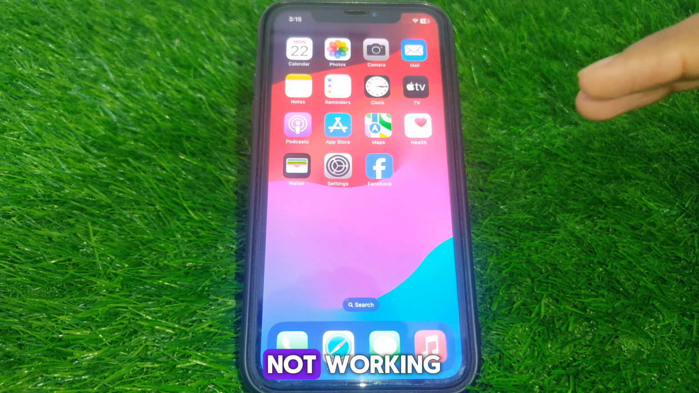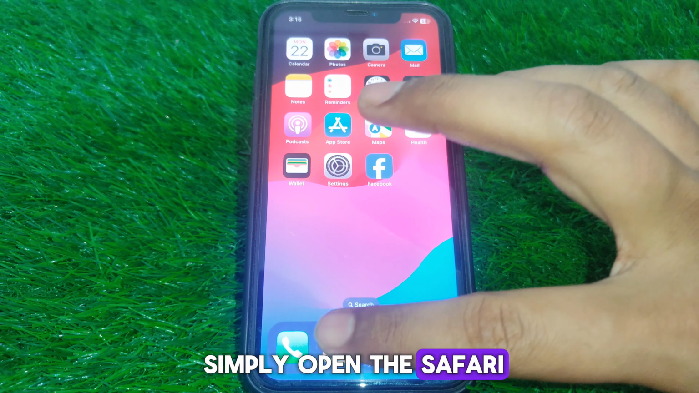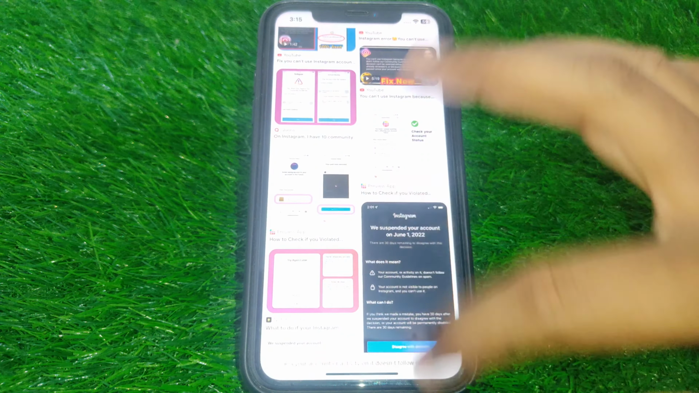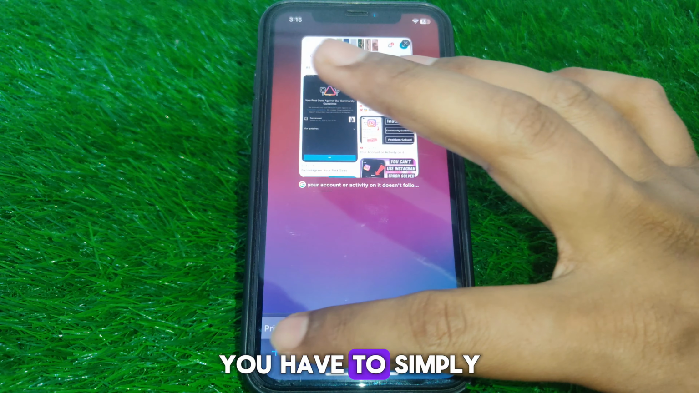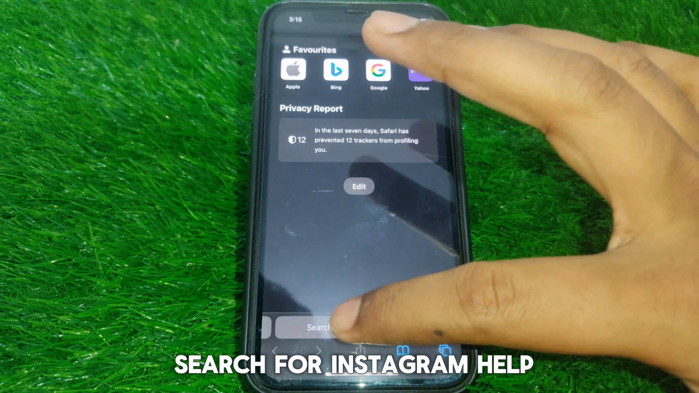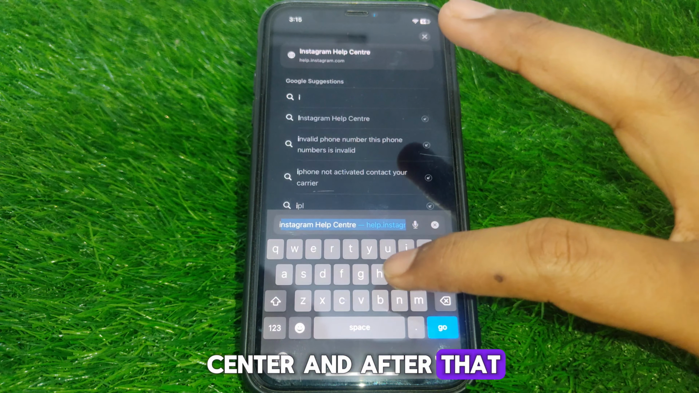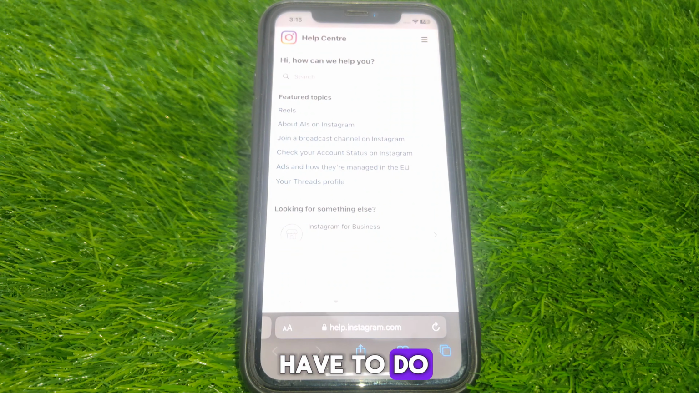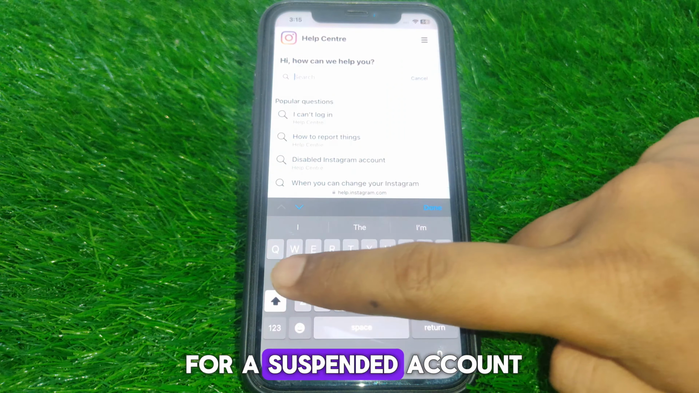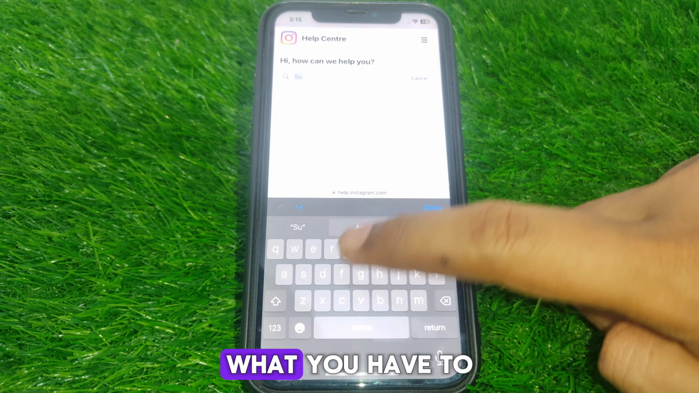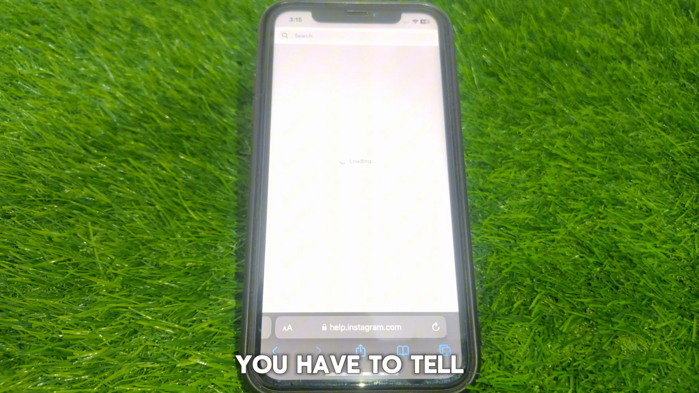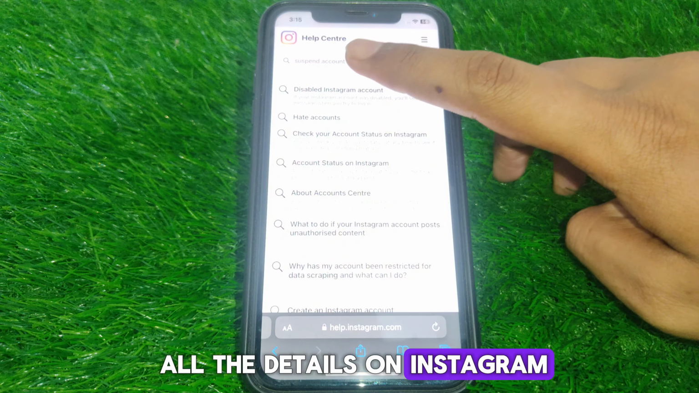and it is not working, then you have to simply open Safari here, and in Safari you have to simply open a new tab. In the new tab, you have to simply search for Instagram Help Center, and after that search for a suspended account. And after that, you have to make sure that you tell all the details to Instagram